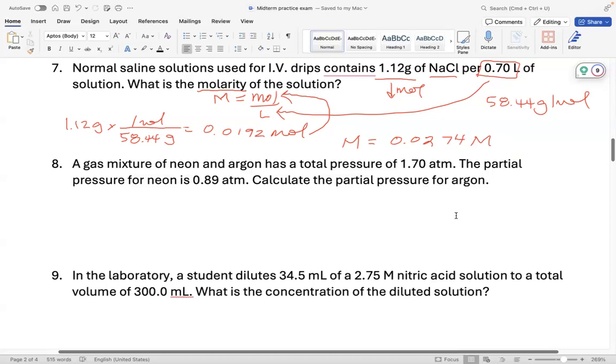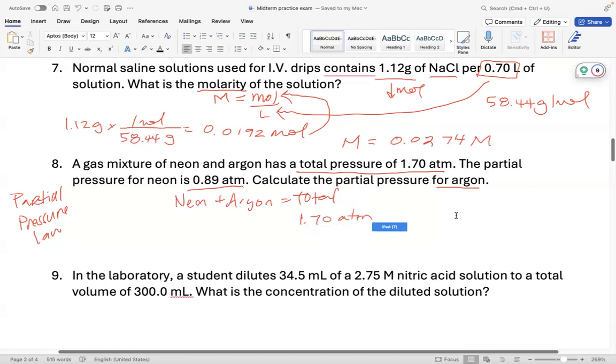All right, number 8, this is the partial pressure law. A gas mixture of neon and argon has a total pressure of 1.7 atmospheres. The partial pressure for neon is 0.89 atmospheres. Calculate the partial pressure for argon. So the total is just the pressure of neon plus argon equals the total. So if our total is 1.7 atmospheres and our neon is 0.89 atmospheres, we can just treat argon as X,